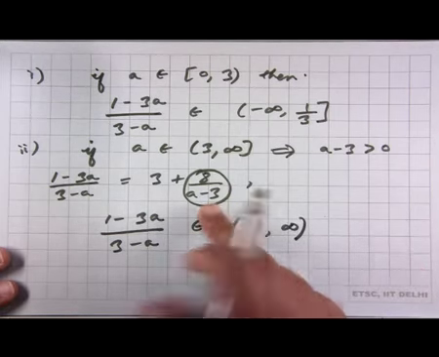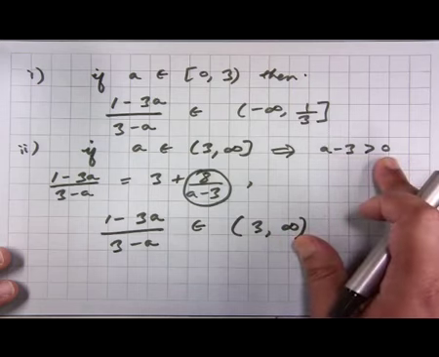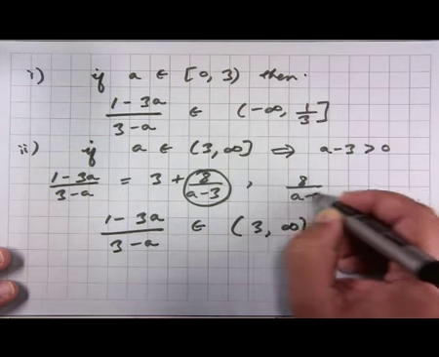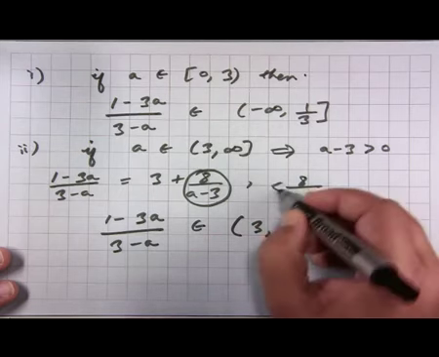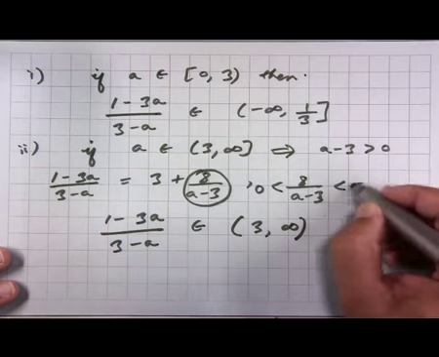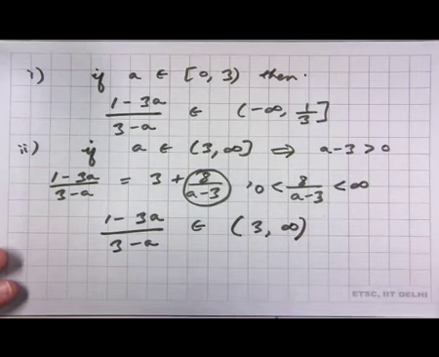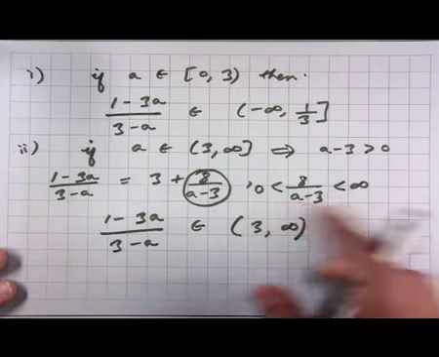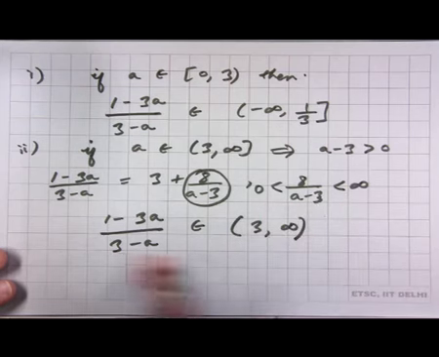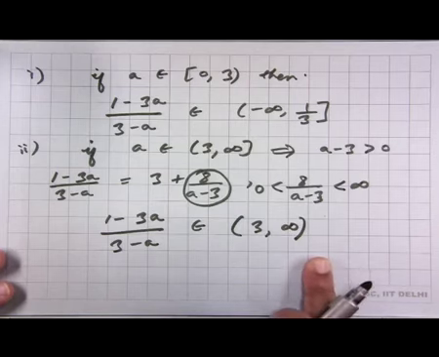So, from here, if we use this equality, then what we get is that 8/(a − 3) is strictly greater than 0, and it is also less than infinity. And then if we add 3 on all sides, we will get this thing. So, hence what we have shown is that